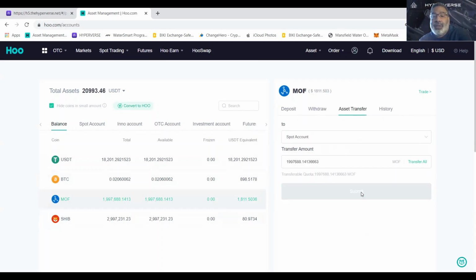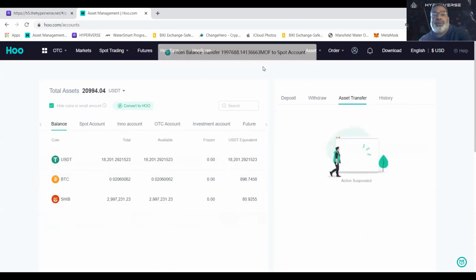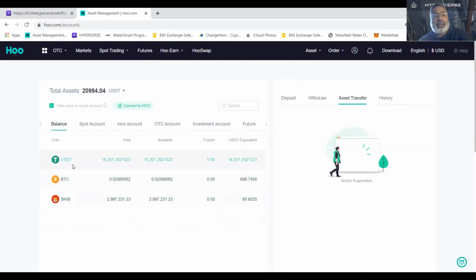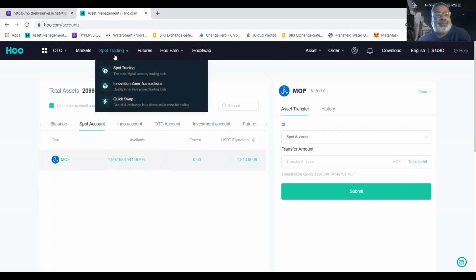Okay, when I click on submit, that's all you have to do. The message says from balance transfer to spot account, and you see that the MOF disappeared because I'm in the balance column. But to see it, you click on spot account, and look, that's where my MOF went, right over here to the spot account. This doesn't charge you any fees to transfer it. It just moves it from the balance to the spot account, from one spot to the other, right? Okay, so now that it is in the spot account, we want to go to spot trading,